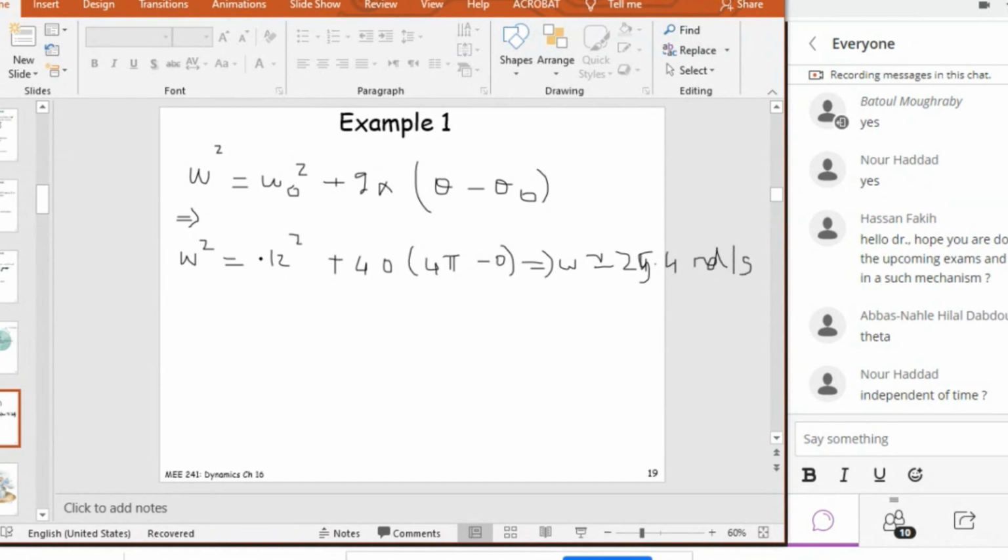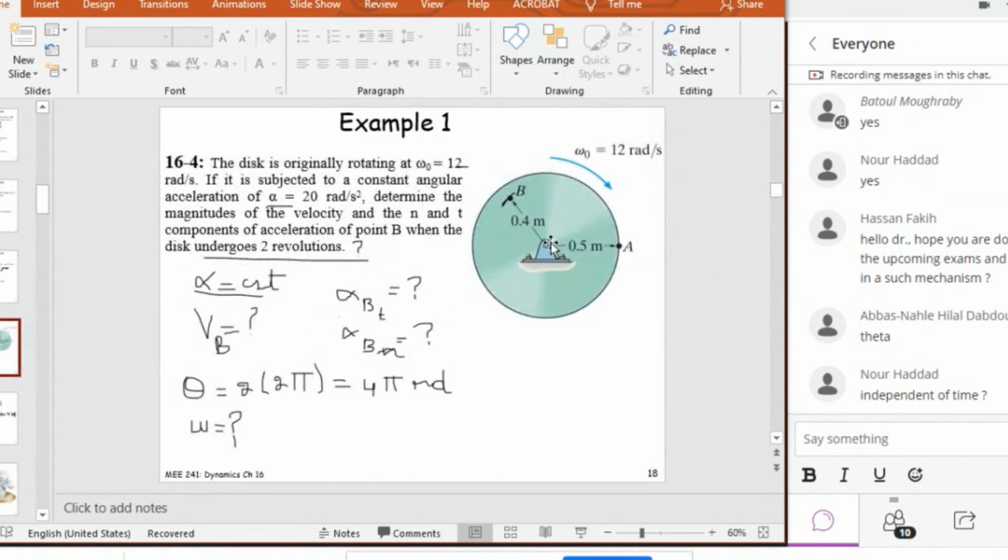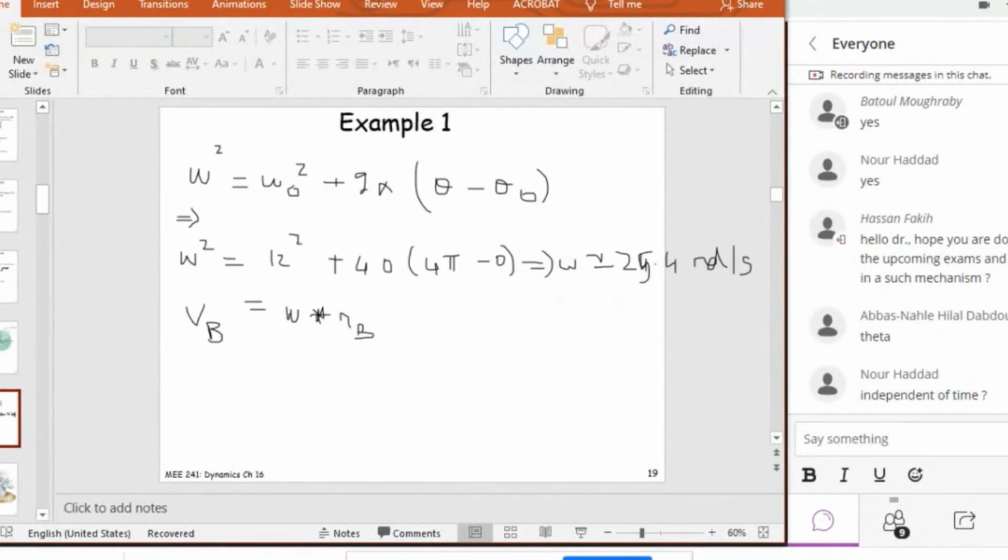Alright. Now that I know omega, I can find VB. So what is VB, guys? VB is equal in magnitude to omega times RB. Let's go back to the figure to find RB. RB is equal to what? To 0.5. Now, if I want to find it for A, RA is 0.5. Now, here, since I need to find it for B, it's 0.4, all right? So it's 25.4 times